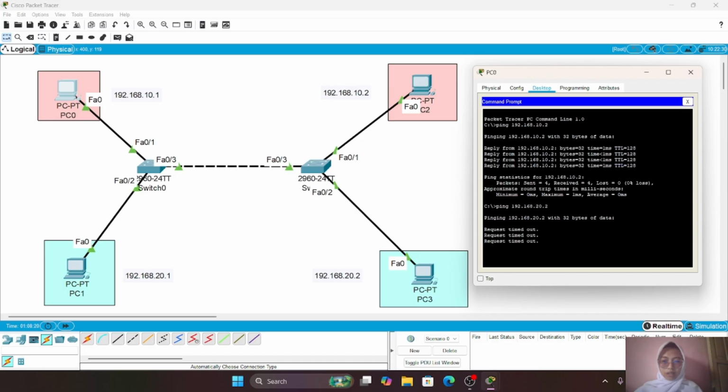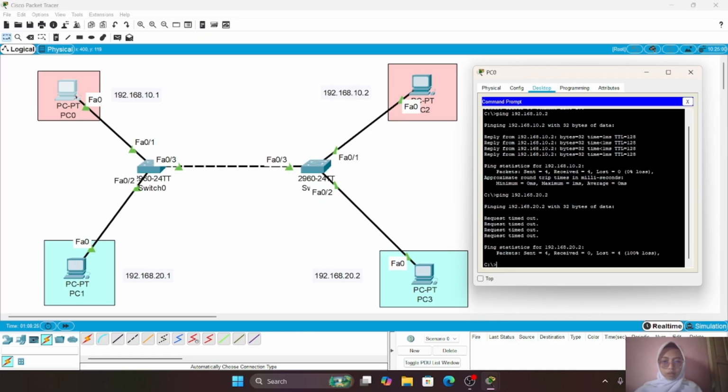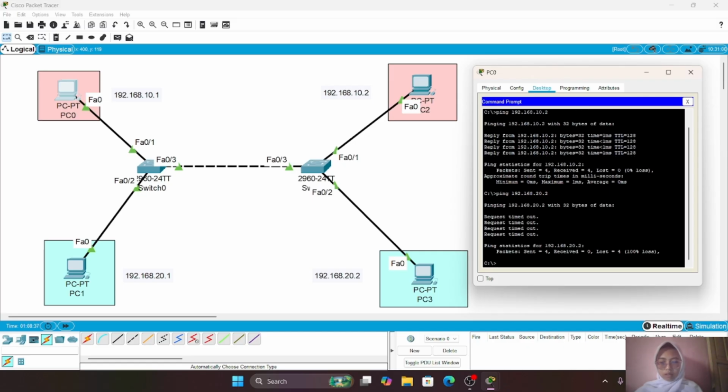Since inter-VLAN routing has not been configured, communication between different VLANs is not possible. This behavior demonstrates how VLANs separate network traffic and improve network security.